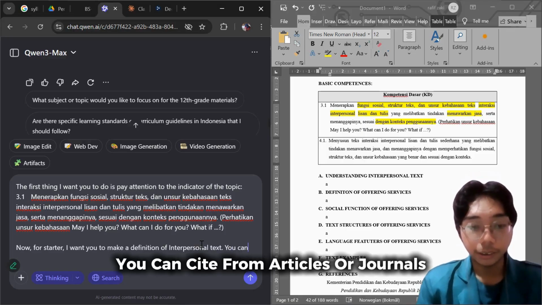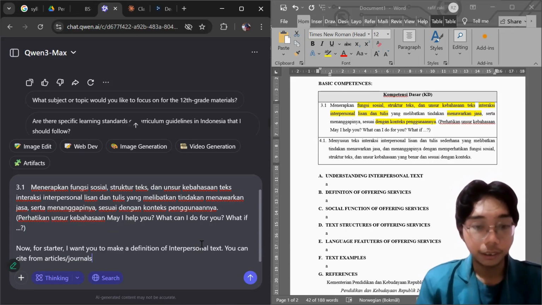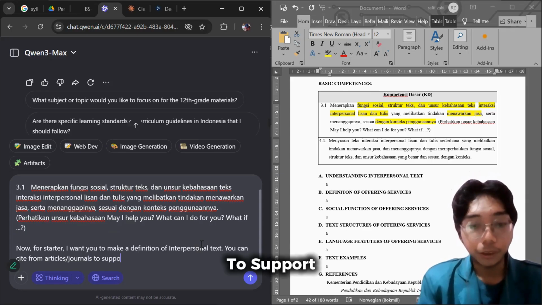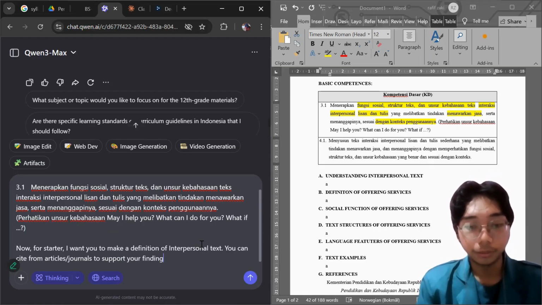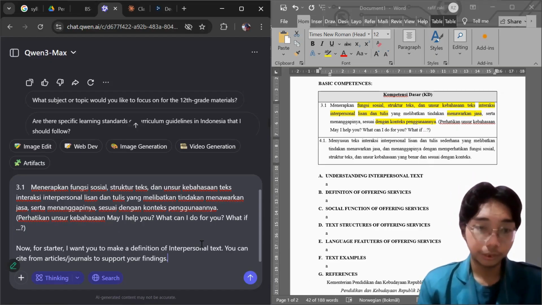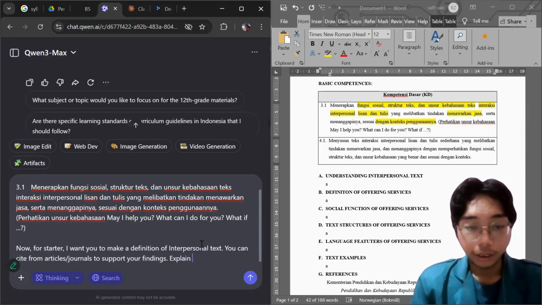You can cite from articles or journals to support your findings. Explain in